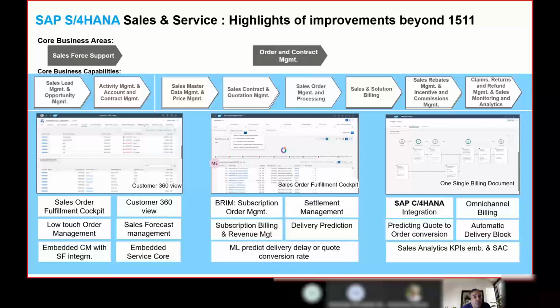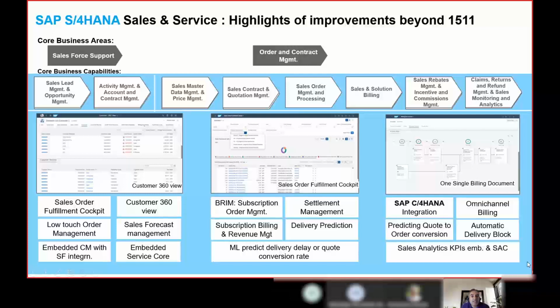The sales order fulfillment cockpit is nothing but a kind of dashboard which provides complete insight to our sales guy or our end users to act on those business scenarios which are very critical from a customer point of view. For example, to start my day, the end users can get into the sales order cockpit. It will highlight and help in identifying what all areas they should be focusing more upon.